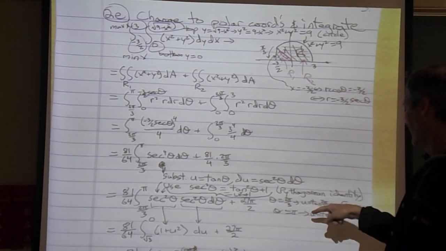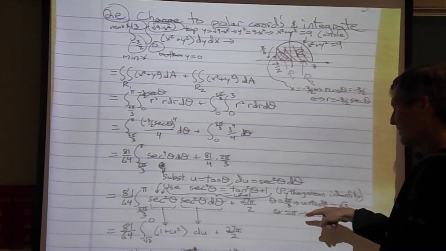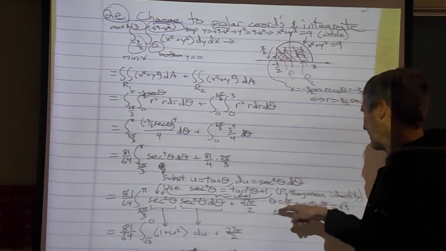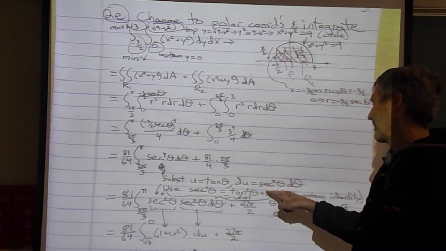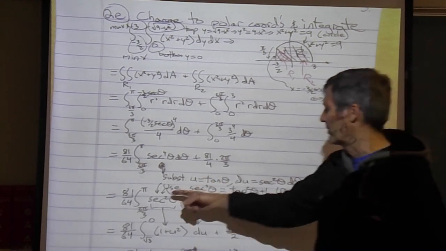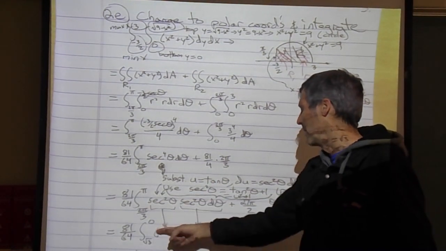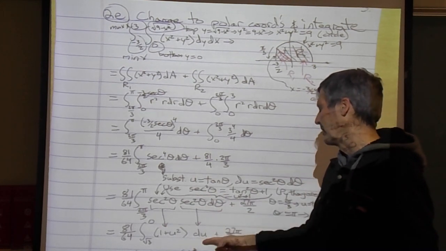I'll put it somewhere here. This is bad when I can't find my own stuff, huh? Yeah, secant squared is also tangent squared plus 1 by the Pythagorean identity, which is u squared plus 1. So I'll replace the secant squared with u squared plus 1, the secant squared d theta with the du, and